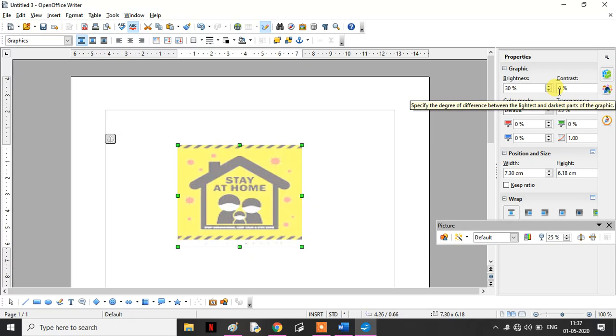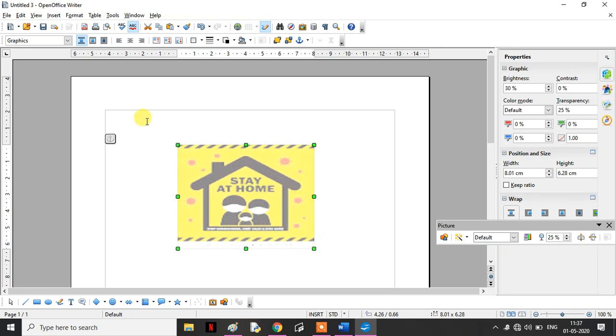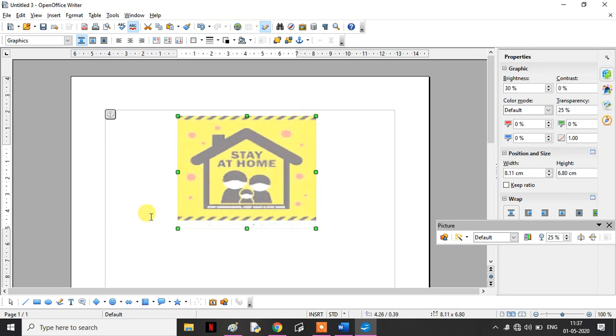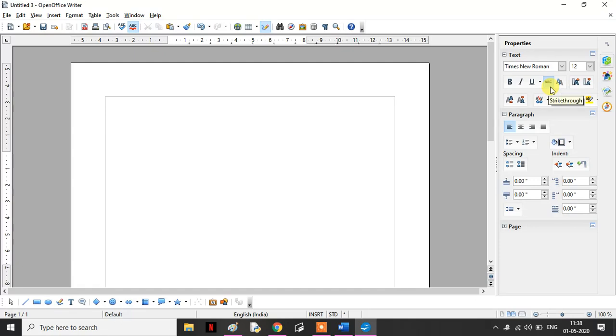Now as you know, children, these are the sizing handles. Once you select the image, these green small squares you can see are called the sizing handles. Using these also we can change the size of the object. You must have done this in MS Word also in your early classes. Similarly, if you want to delete an image, select the image and just press the delete button on your keyboard. I have pressed it, so it's gone. Okay, so I get it back again.